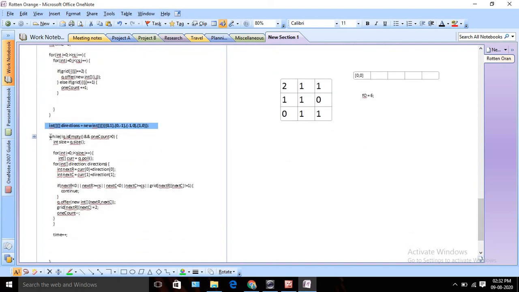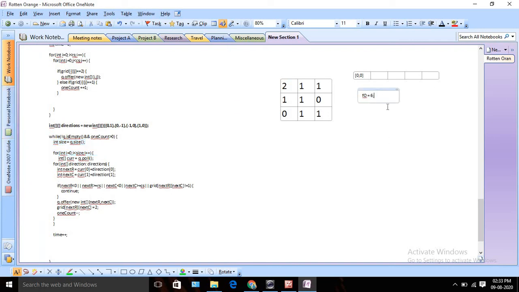Then we are running one for loop, and our queue size is 1, right? For the first level I have only 1. So using this logic, the size and this for loop are used for maintaining the level, right? The queue can have multiple cells, but they can be from different levels, so we need to iterate for a particular level. After that we can increase our time, right? To maintain those levels, we take the size initially. After that we insert the cells for the next level.